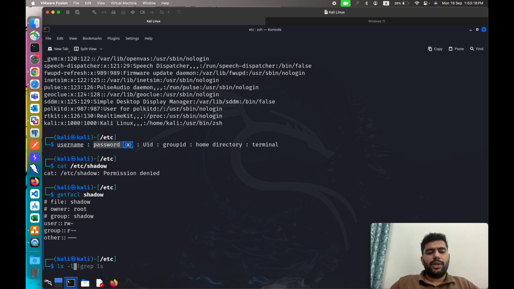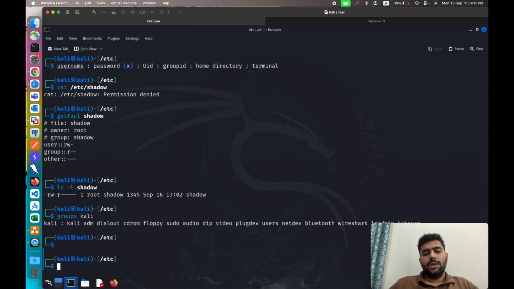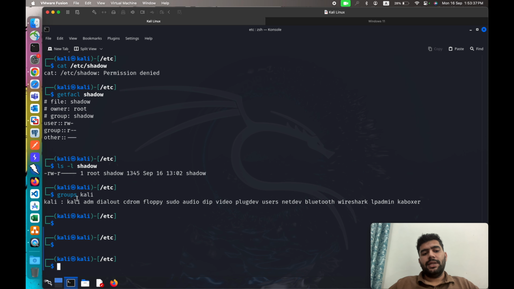to execute the file, or to make modification inside the file. And if we go with ls -l shadow, you can see root is the owner of this file and shadow is the group which can read the shadow file. And if you check with the groups command for the Kali user, this Kali user is not present inside this shadow group or does not belong to the root user here. Simple. Because of which we are not able to read the file directly,